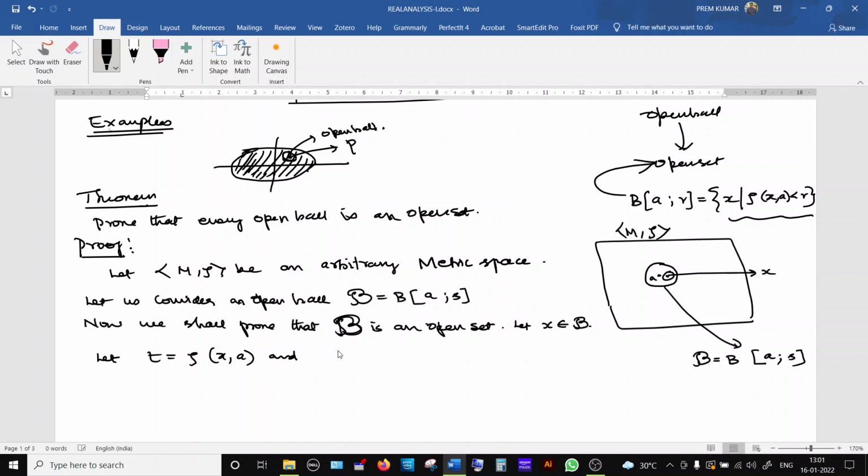And let R be any positive number such that R is less than S minus T. And a very important thing here is that S minus T is greater than 0. Why is S minus T greater than 0? You see here, this is the radius of this open ball. This radius is S and this element is inside this open ball. Therefore, the distance between